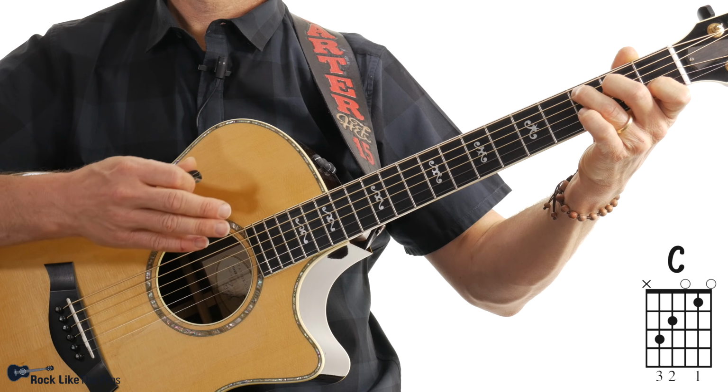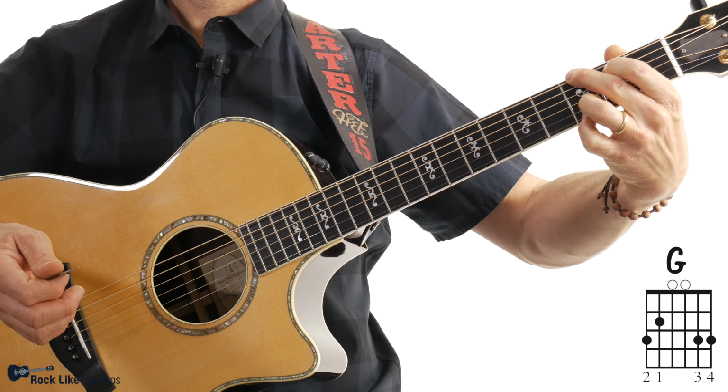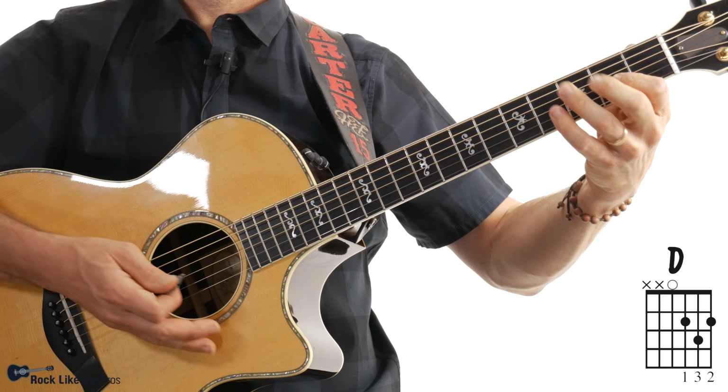Then the last measure here is going to have 2 chords in it. It's going to be a G chord. And then on the and of 2, we're going to be playing a D chord. That last measure is going to sound like this. 3 and that's it. Again, 3 and...